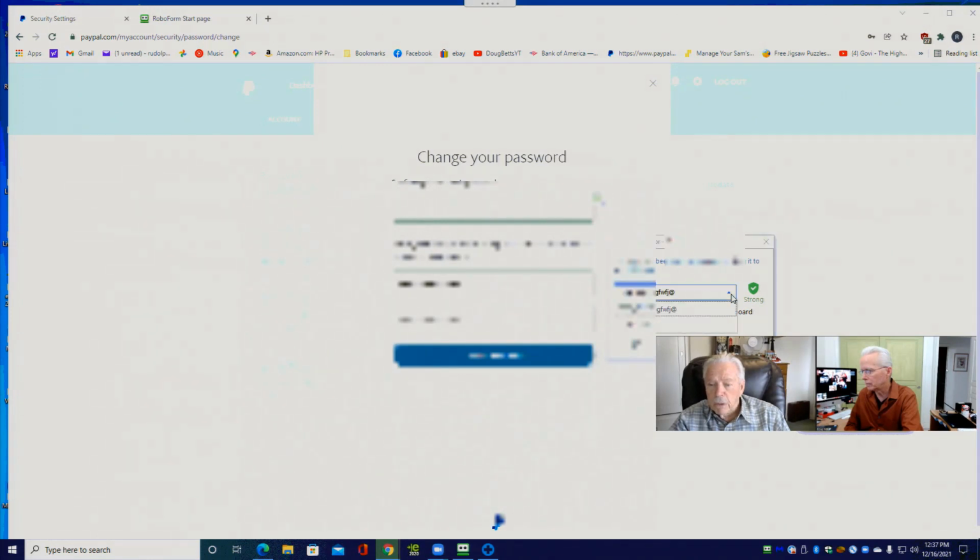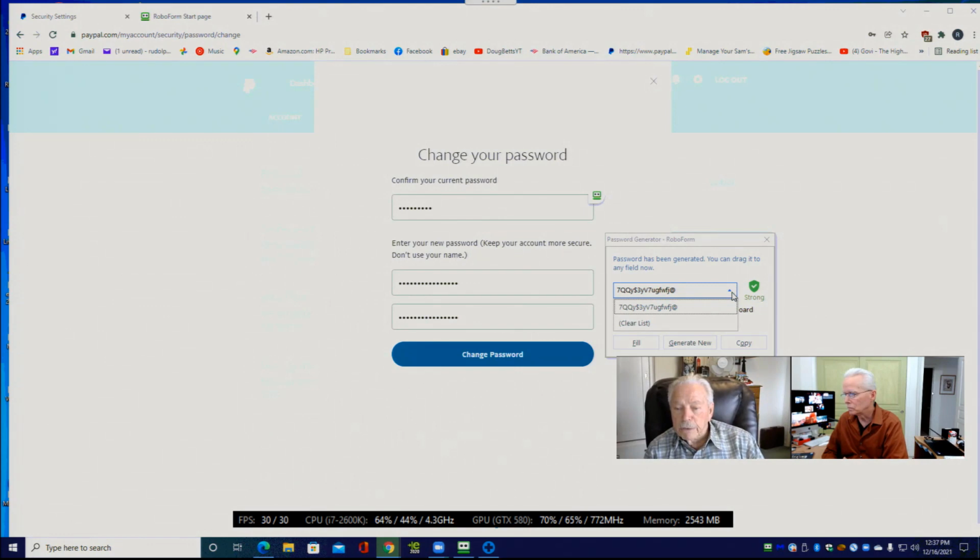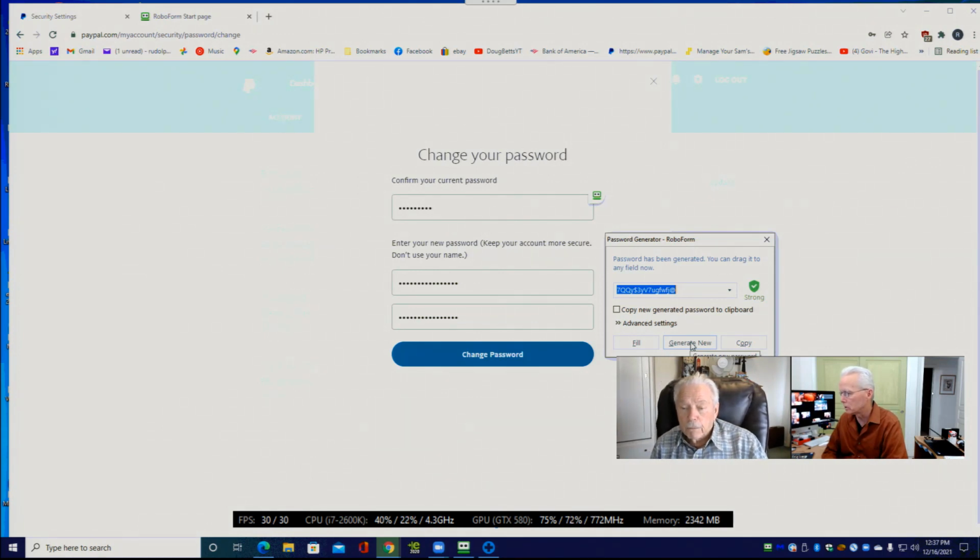So now that we've exposed that, we don't want to use it, so we would want to generate a new one, right? That's right. So I'm going to generate a new one, and I'm still exposing this because I just want to demonstrate on the video what it does. I click on generate new, and there's a new password.